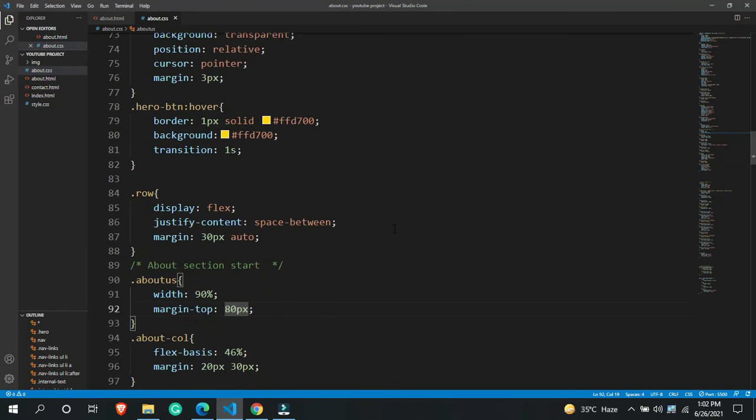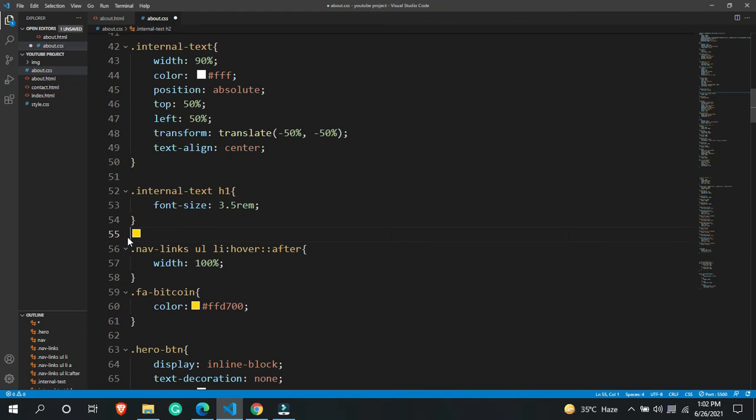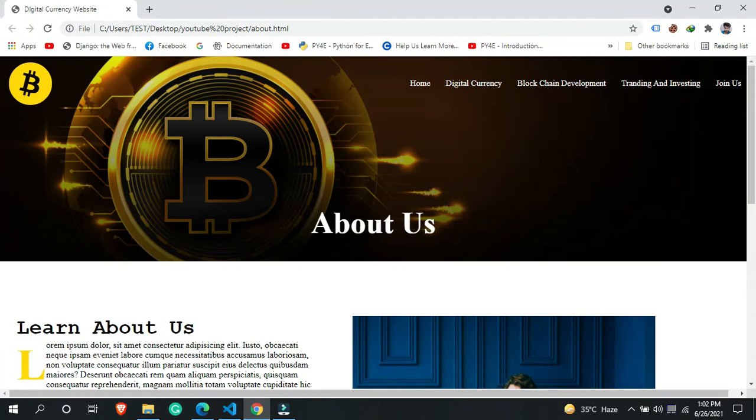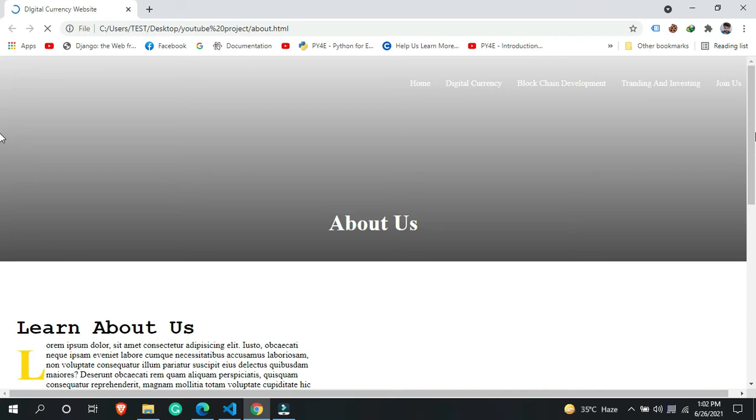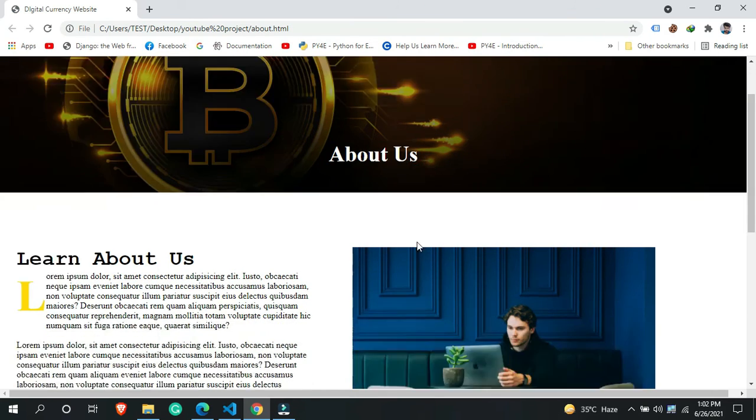Then I wanted to target the h1 as well. Remove this internal text h2 over here, we particularly do not need that, and I'm going to say 2.5rem is enough. So yeah, we are getting this beautiful about us section over here.